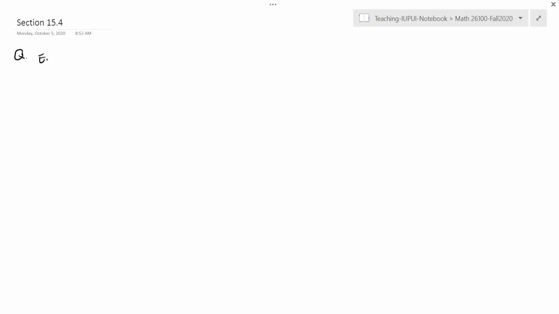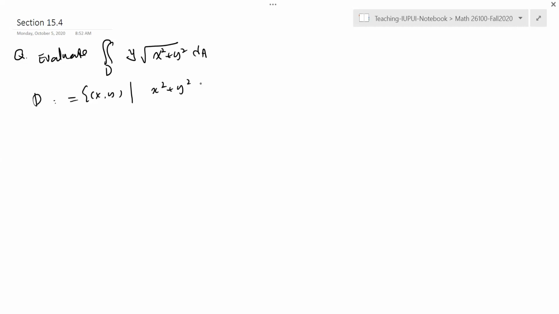Okay, so evaluate the double integral of, for example, y, and D is going to be the first quadrant of the circle, right? x is greater than 0, y is greater than 0. Okay, if you don't realize this, you have to use polar coordinates. You can try and set up an iterated integral. Okay, about iterated integrals,